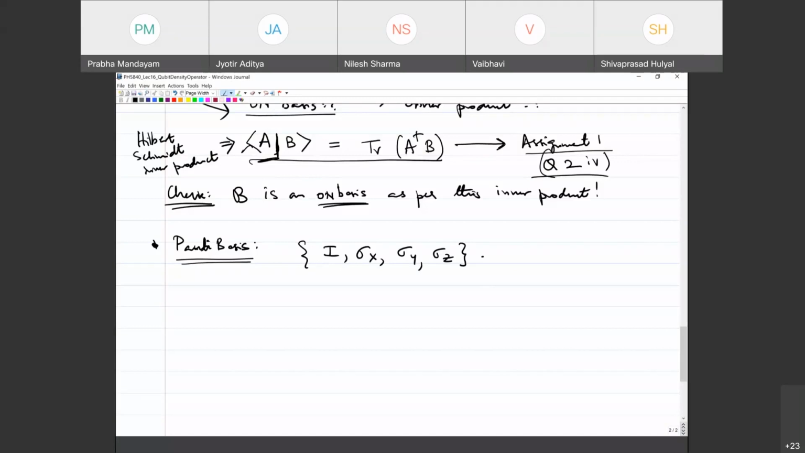1/√2. Exactly, good. So this itself is a set of mutually orthogonal matrices. Orthogonal in the sense that, so what I'm going to do now is to have this notation